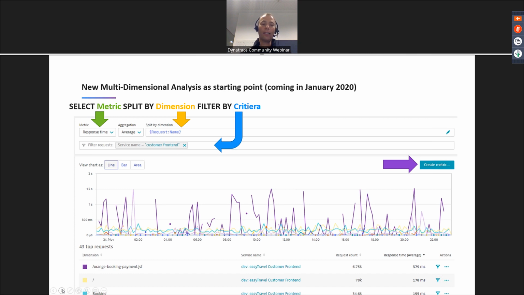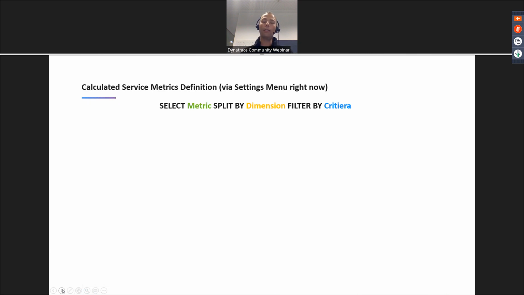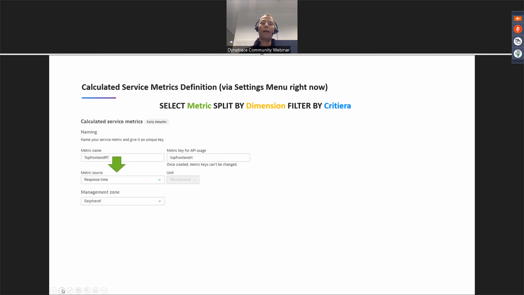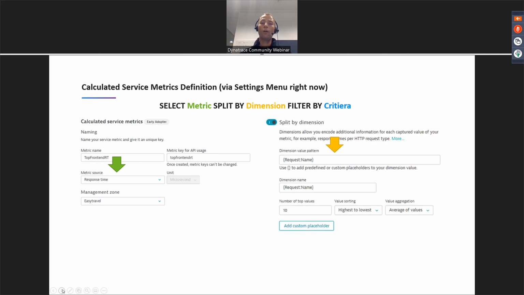And what it actually does behind the scenes, and this is what every one of you can already do as of today, if you're part of that early adopter program already, and I know many of you are, is you can define the same thing that we did in this wizard through the calculated service metrics definition screen in the settings menu. So the same example again as before. You define the metric, you select from a drop-down list what metric you're interested in, what you want to split it by, and what's also really cool here, you can define a dimension value pattern, which means